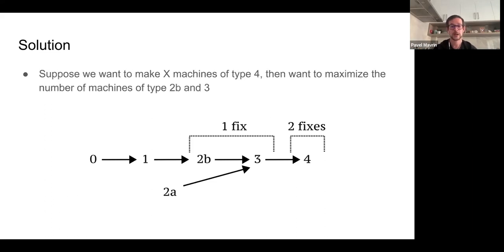Now, we know that we make some machines repairable in one operation, and some machines repairable in two operations. So let's fix the number of machines repairable in two operations, the number of machines of type 4. If we know how many machines of type 4 we want to create, we can create them